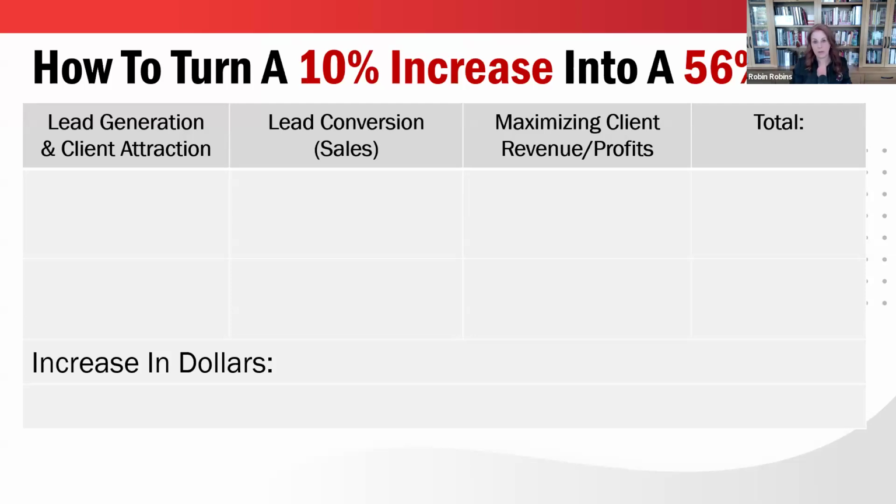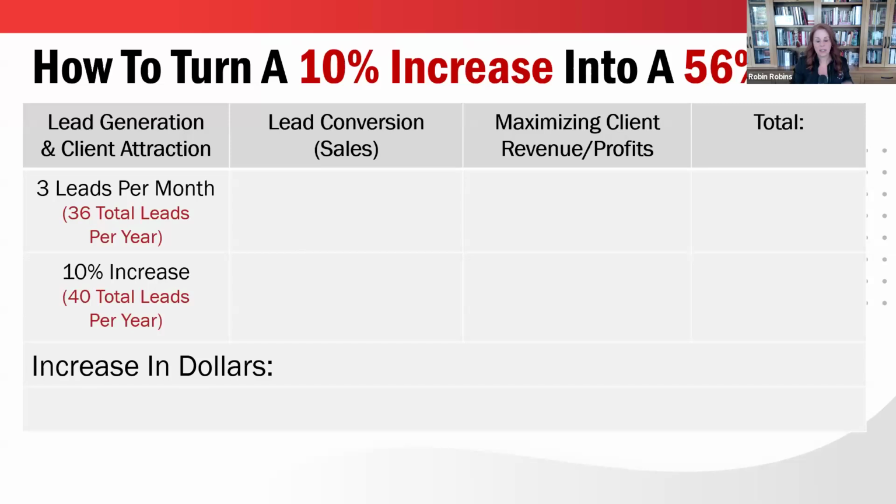Okay. So let me give you an example. Let's say lead generation, let's say you're generating 3 total leads every single month, right? That's about 36 leads per year. And let's say we don't go hog wild in spending a ton of money on marketing. We just make a couple tweaks, we improve some things, and we get a 10% increase in inbound leads. Okay. That's not crazy high number of increase, right? So now instead of 36 leads a year, we're getting 40 leads a year. Okay. 10% increase. Very doable, very conservative, very doable, right?